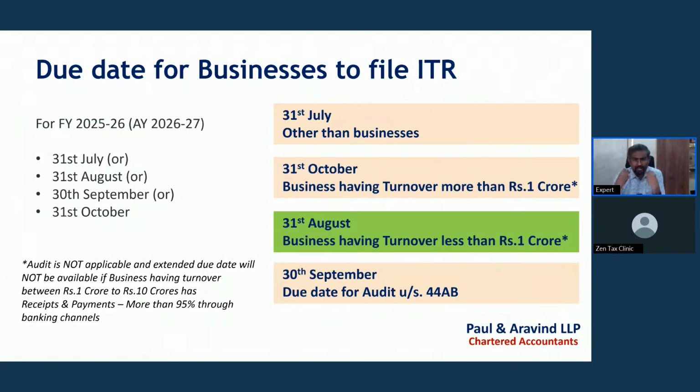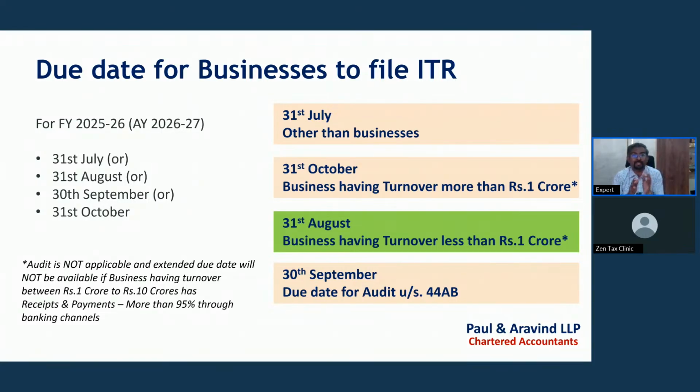For example, a business having a turnover or gross receipts of say ₹6 crores, where more than 95% of their receipts and more than 95% of their payments are routed through banking channels, then even in respect of that taxpayer, the IT return has to be filed by 31st of August. The extended due date of 31st of October will not be applicable because that assessee is not liable for tax